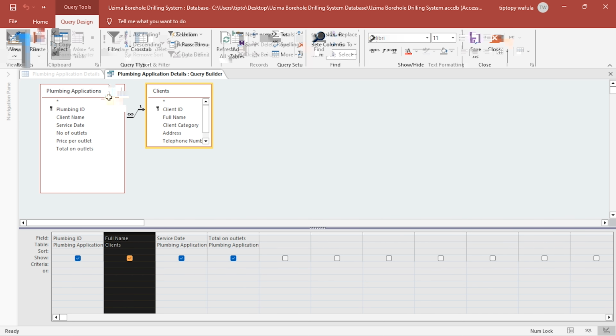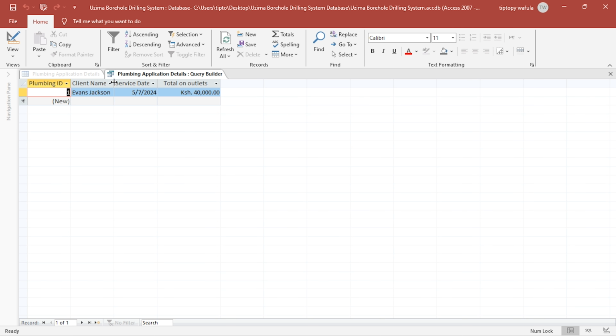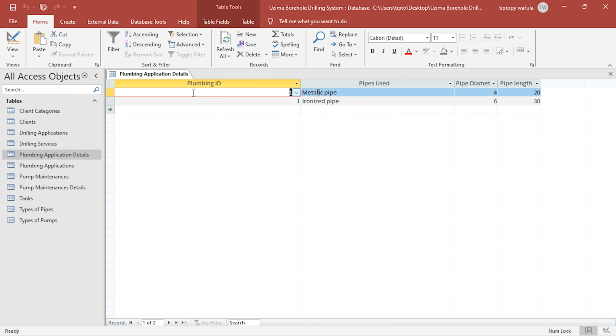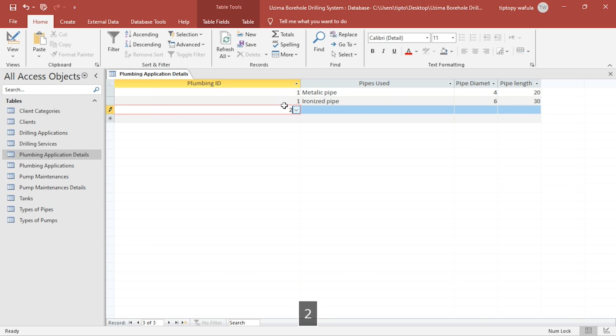So right now I have the full name, but here, instead of full name, for easy clarification, I'll modify the column heading to show client name, so that it will now show client name. So now if I come back here and save and view it from here, I'll be able to see the client name. So this plumbing was made by, so also using combo boxes now prevents you from